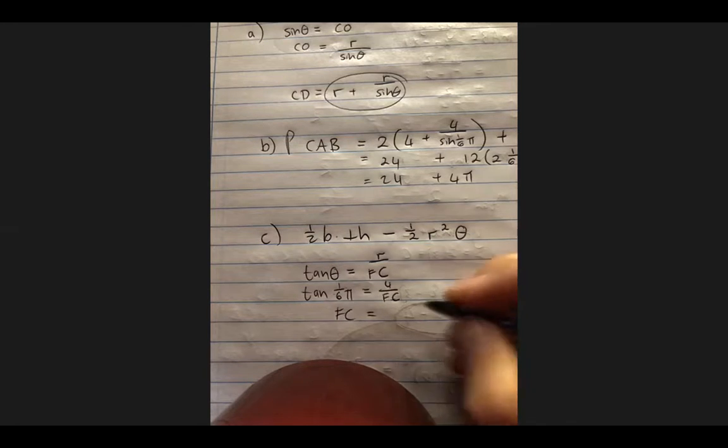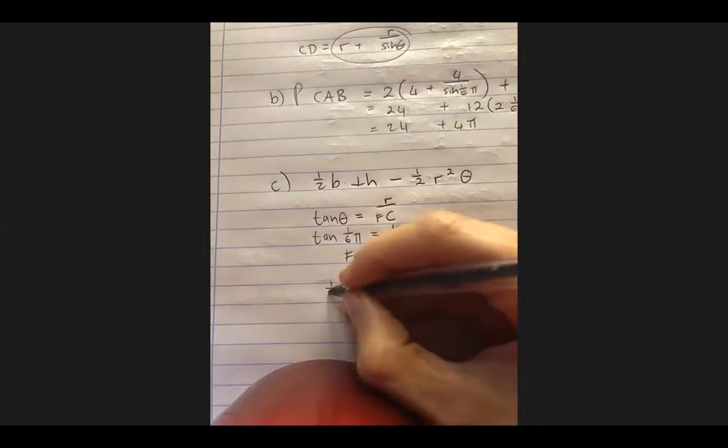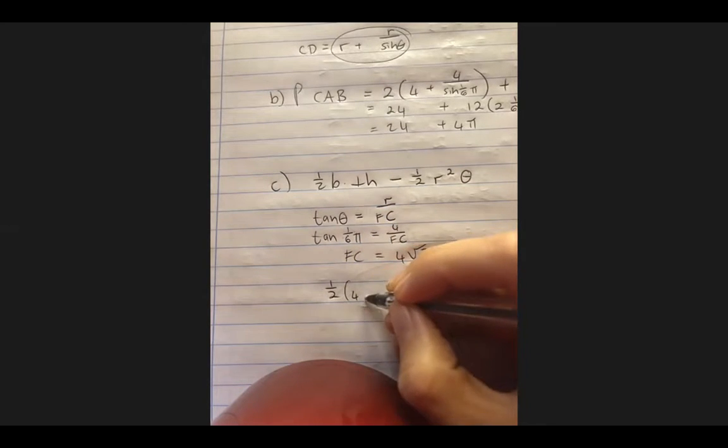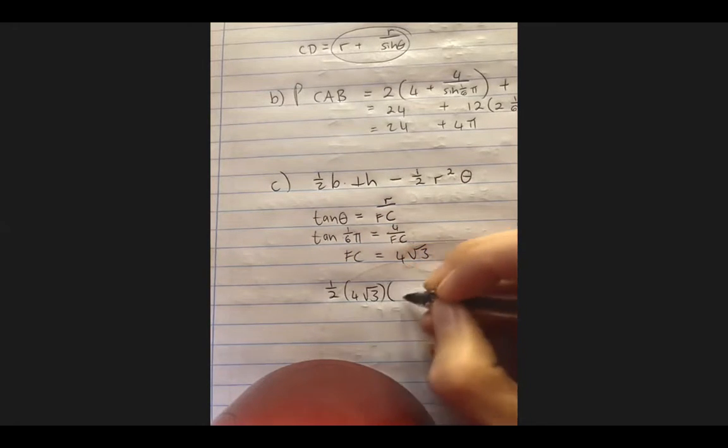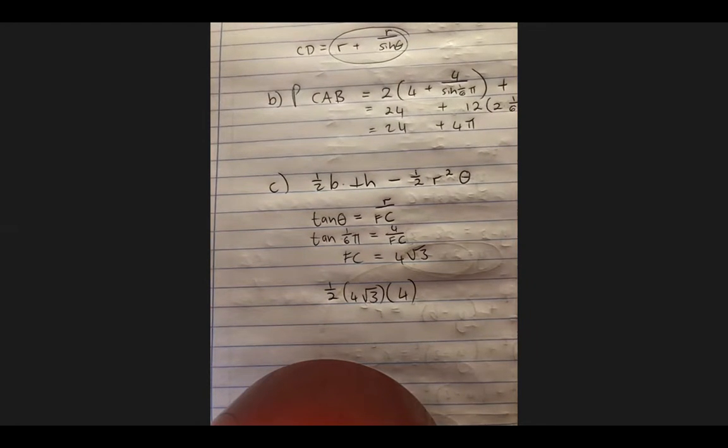Because I get 4 root 3. Fantastic. And then let's just follow this process. If we want the triangle, we go half base times perpendicular height. I don't know if you remember, but from the sketch, that is my perpendicular height. Minus then, and now we need to think carefully about this sketch again, because we haven't spoken about how we're going to get